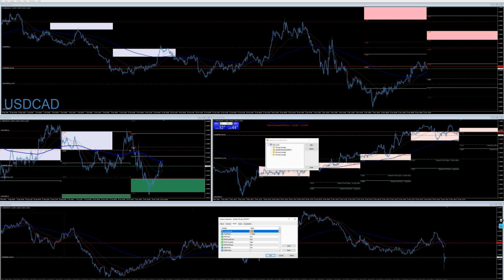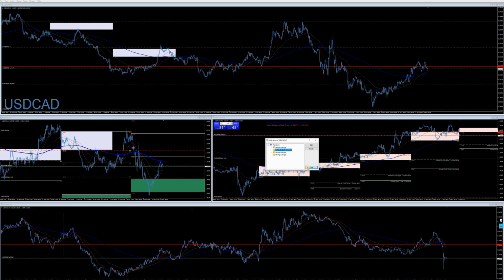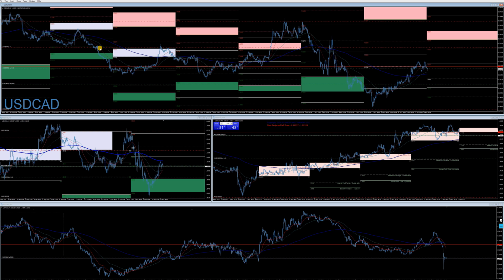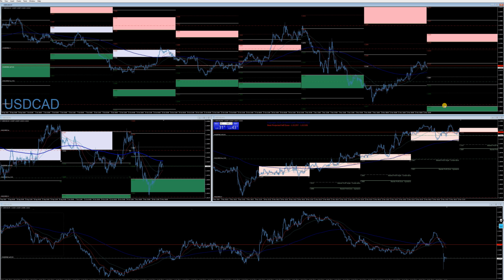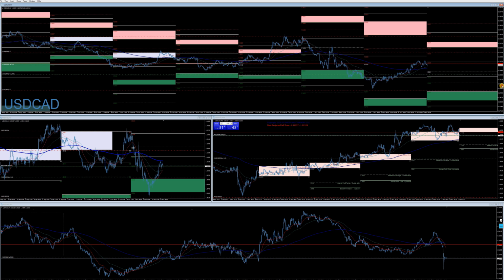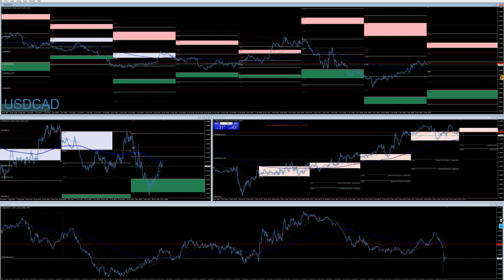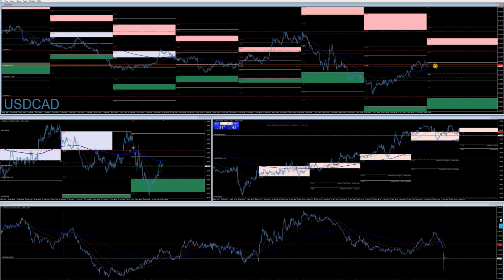Pivots, and make this 10. So the past 10 weeks. Okay, so now I get to compare this week's pivots here and see how large they are. I do like this target right here. It's about an average size week, so let's go ahead and move our target